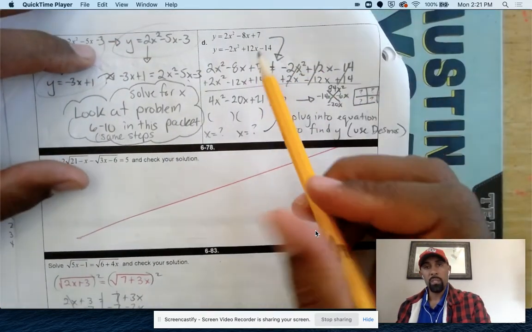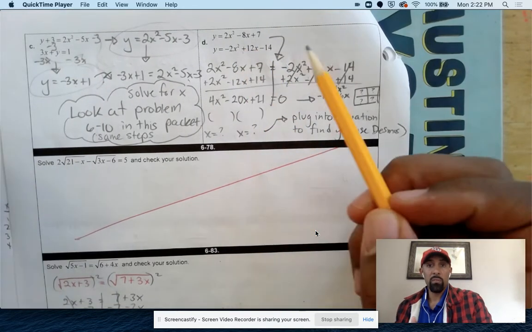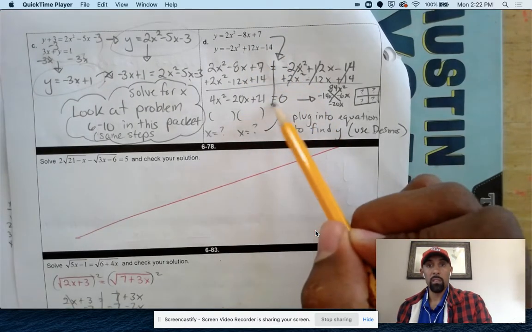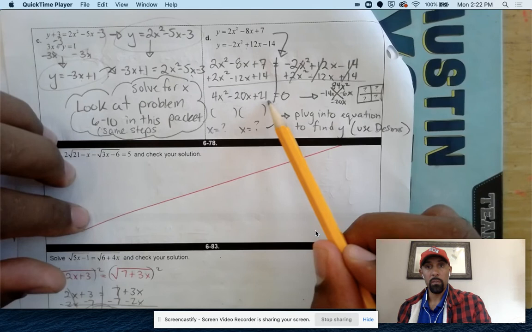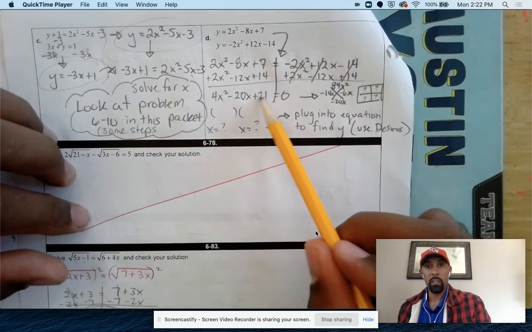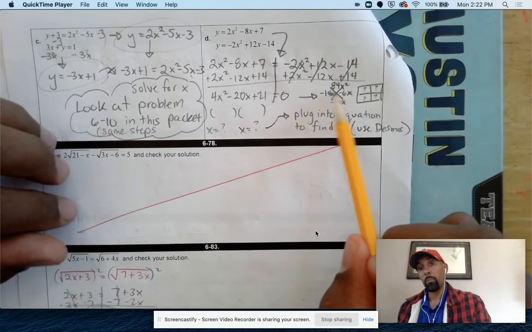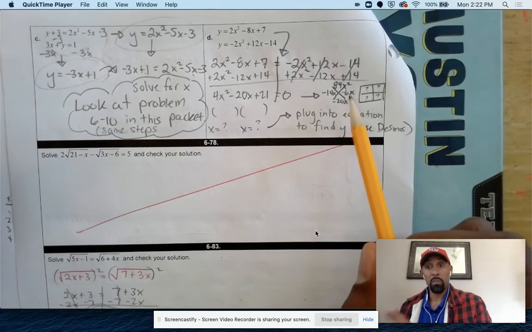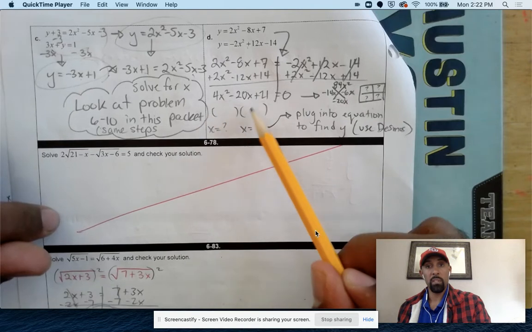All right. So this one is similar actually, except the other one's not a linear. It's not a y equals mx plus b. But you still do the same thing. We're still going to set them equal to each other and then get it equal to 0, just like the last one. But now you're just factoring this equation here. So you can kind of see how I took away all these terms to get it equal to 0. And then I set up my x here. And I kind of found those numbers for you because I know it's a bigger number. So to help you out, I put the negative 14 and negative 6. Those are the two numbers that add up to negative 20 and multiply to 84. But you have to plug in the box, figure out the factors on the outside, put those here, and then